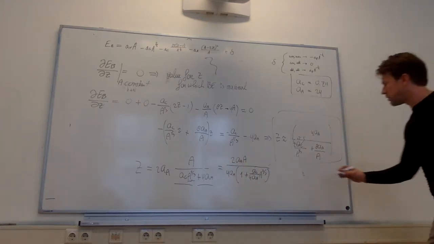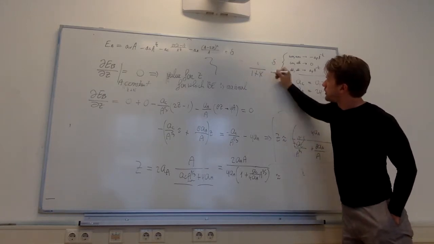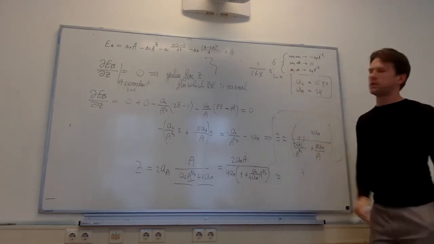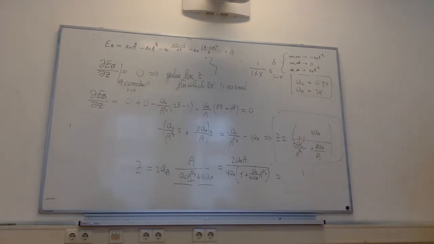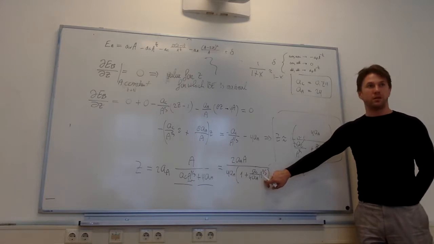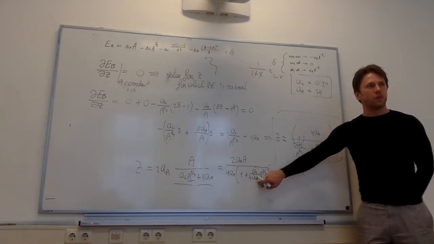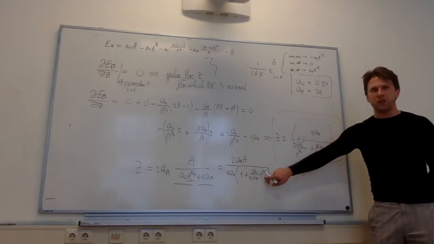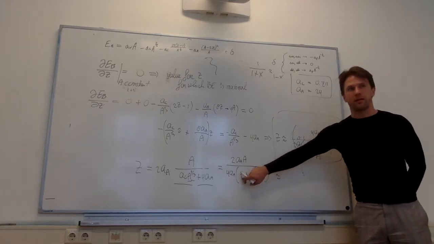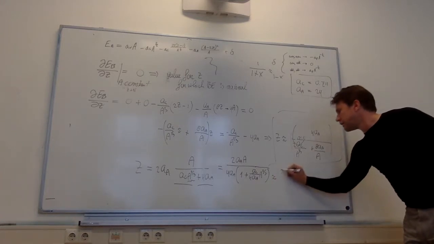Here's a nice little trick. Ever seen this one before? It's the first order Taylor approximation. It only holds if x is very small compared to 1. Now we have 1 here, 1 plus x, and I guarantee you this x is probably going to be small. Again, it's a small number divided by 100. Sure, it might become sizable if you make A big enough, but generally you expect this to be small compared to that. So, this, by good approximation, is